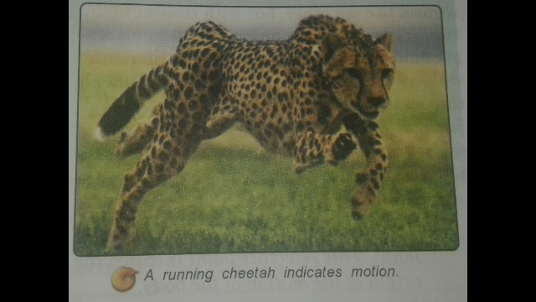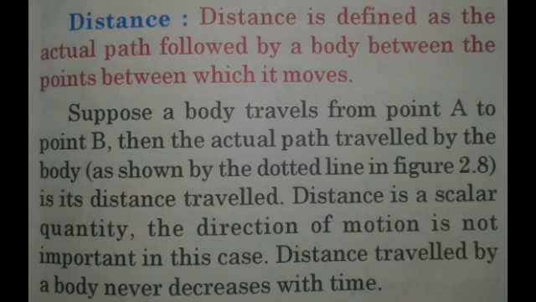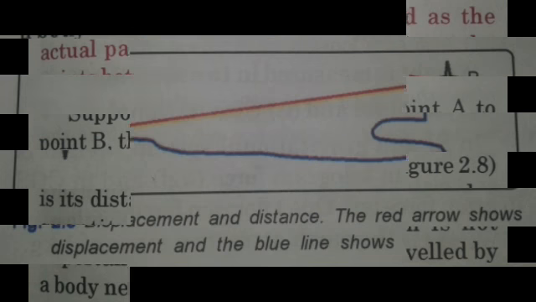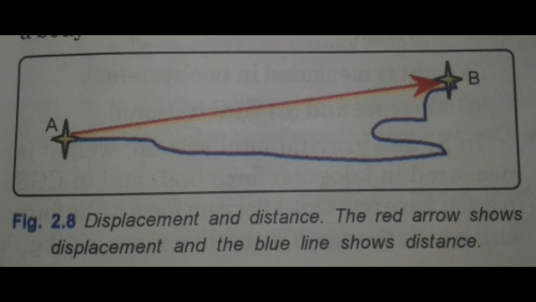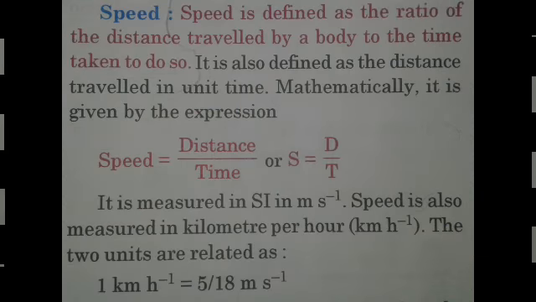Distance is defined as the actual path followed by a body between the points between which it moves. किसी भी बॉडी ने शुरुआत से कितना पाथ कवर किया है वही उस बॉडी का डिस्टेंस होता है। सपोज़ आप घर से निकले और मार्केट तक गए, आपने जितना भी कवर किया है वो पाथ मार्केट तक जाने का, वो आपका डिस्टेंस कहलाएगा। डिस्टेंस जो होता है किसी भी बॉडी का टाइम के हिसाब से डिक्रीज़ नहीं करता है।